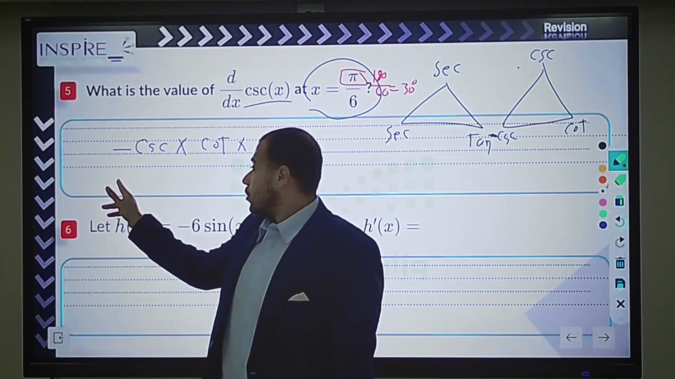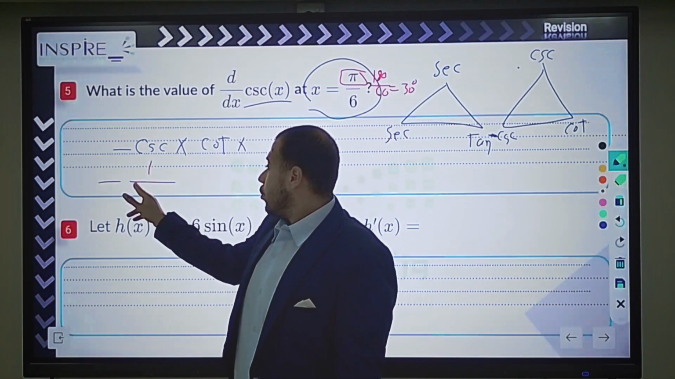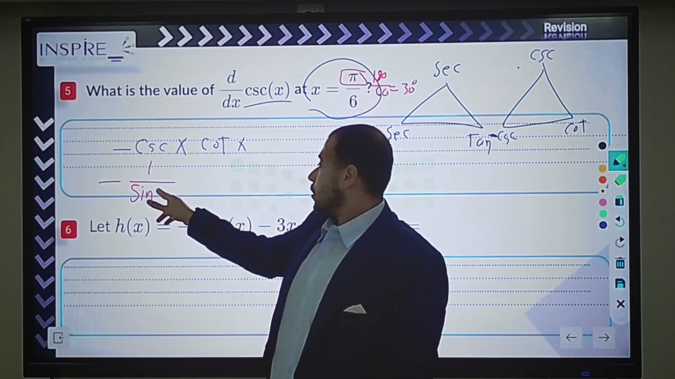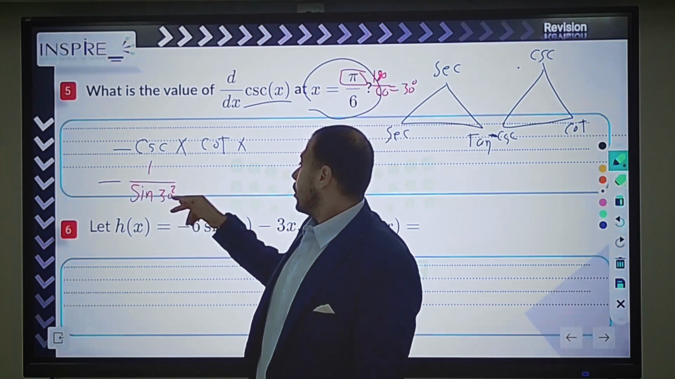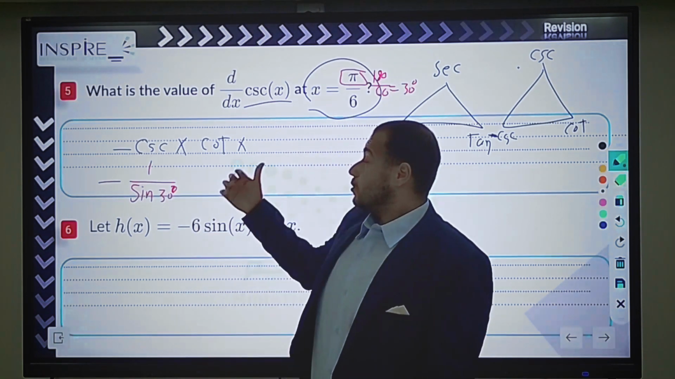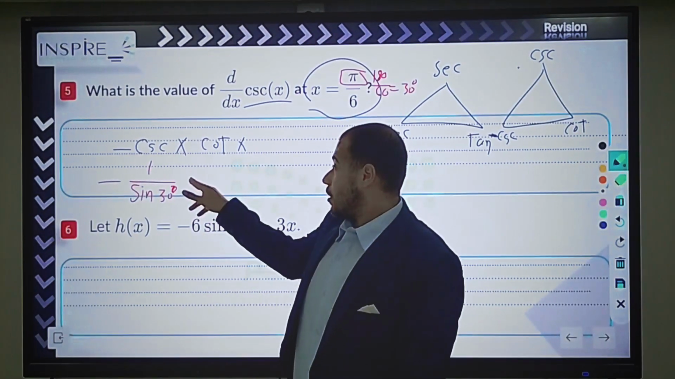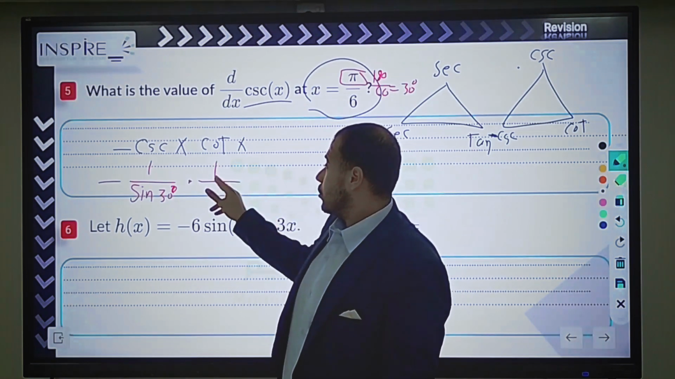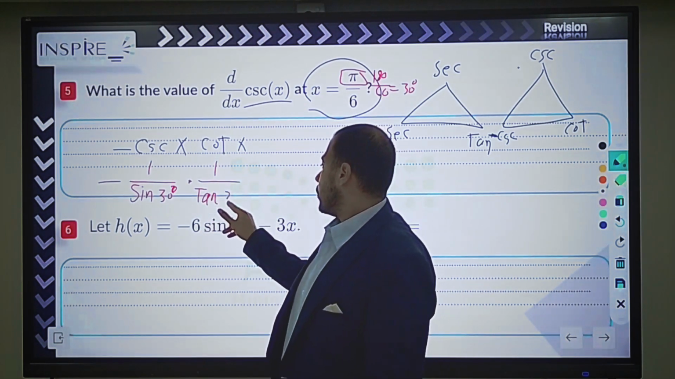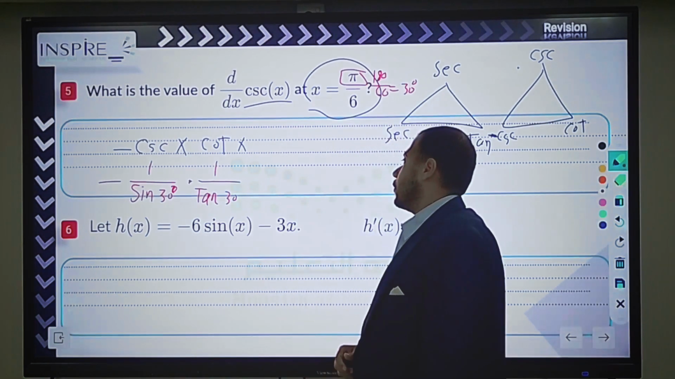reciprocal of sine. So it will be negative 1 over sine x, and x here will be 30 degrees, times cotangent x, but we don't have cotangent on the calculator. Cotangent is the reciprocal of tan, so it will be 1 over tan 30 degrees. Okay, you can calculate it